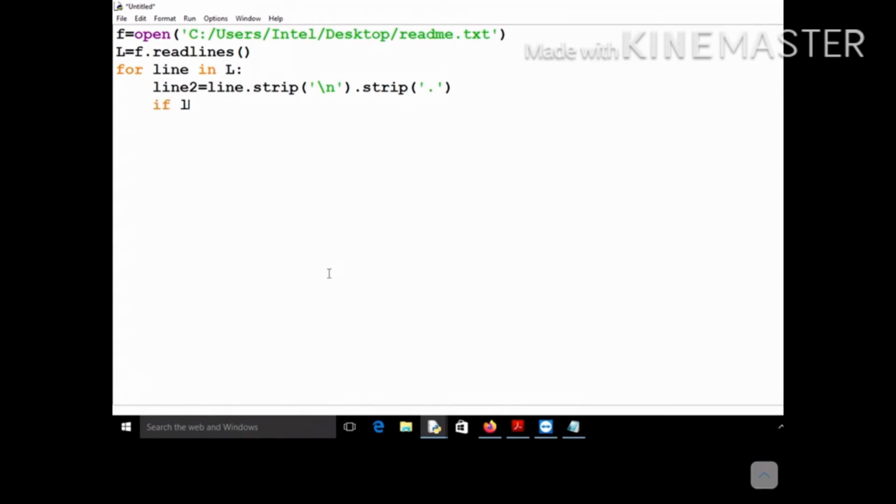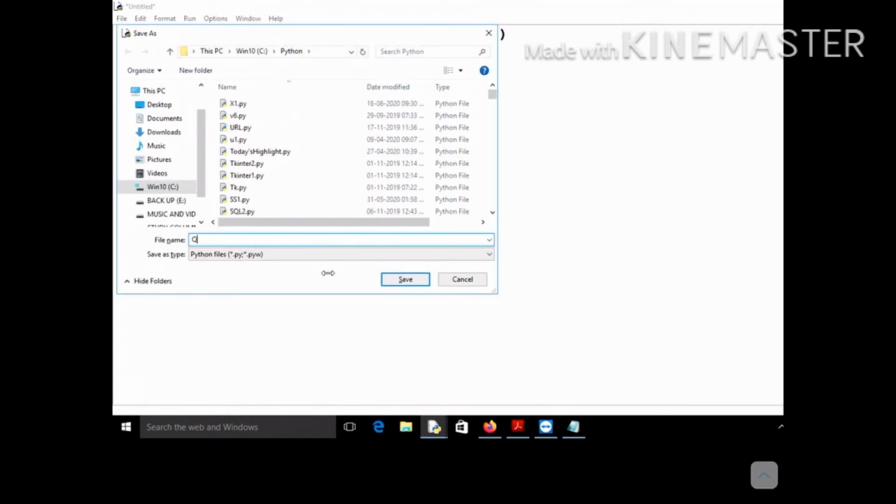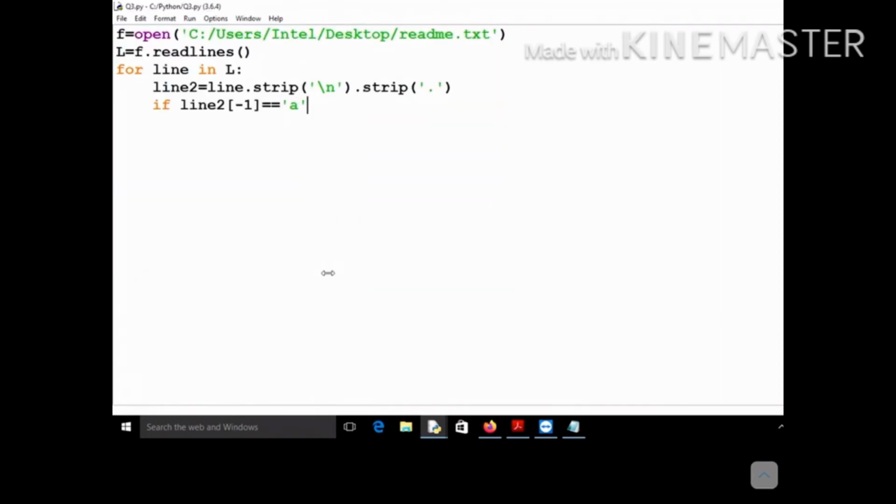Now you check if line2, and you have to check the last character. Since line2 is a string, you can write line2[-1], which gives you the last character of your string. If it is equal to A, then only you have to print your original line. This line2 is not your original line, it is the pre-processed line.